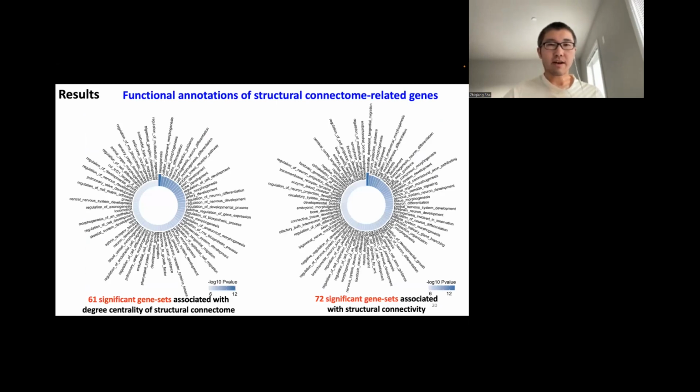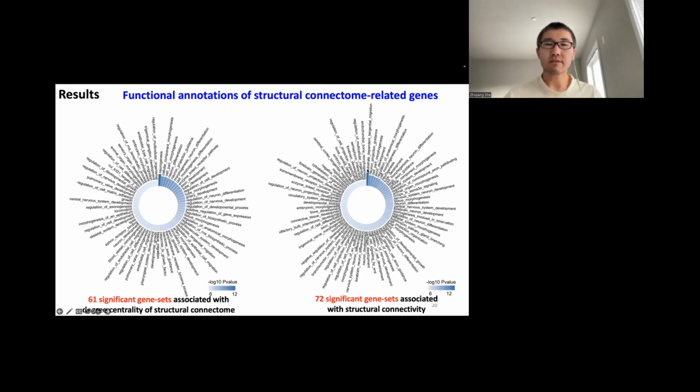So let's go back to the topic. We use the MAGMA toolbox to perform the gene-based association analysis, and the resulting gene-based p-values can be used to test gene set enrichment and further identify some relevant biological pathways. For the degree centrality GWAS, we found 61 significant gene sets, with neurogenesis and neurodifferentiation showing the strongest enrichment. And for the white matter connectivity multivariate GWAS, we found 72 significant gene sets with axon-related processes showing the strongest